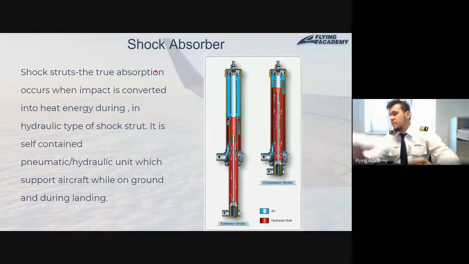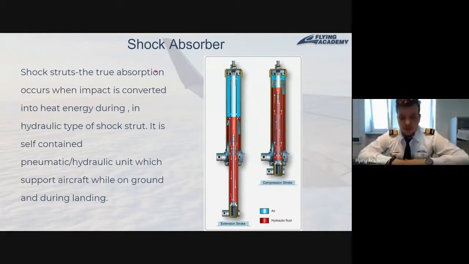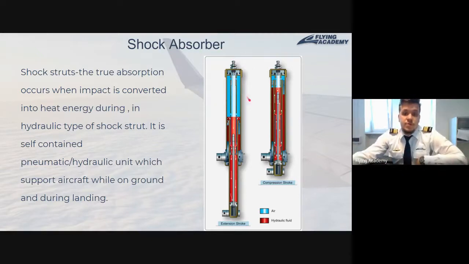Okay, now a couple of words regarding the shock absorber. The shock absorber is the most typical type of construction on almost all airplanes with retractable gear, well, except I believe the Cessna 172RG. But even on the Cessna 172RG, we can see this type of landing gear as a nose gear. So inside the shock absorber, we will have two parts: an oil part, which is red here in the picture, and a gaseous part. Gaseous means, again, nitrogen, which is the blue one. And both of these parts provide their own function.